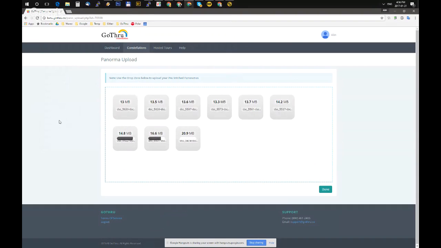When you need access again to that tour, there is an import button, and what that import button does is take the full-size panoramas from the backup and bring them into the first layer, let's say, of GoThru, where you can work with the panoramas.